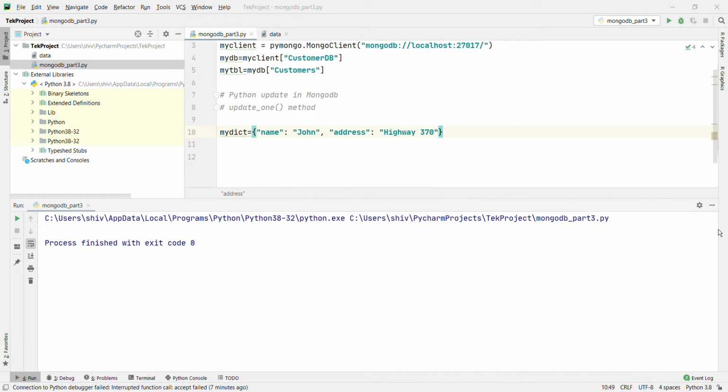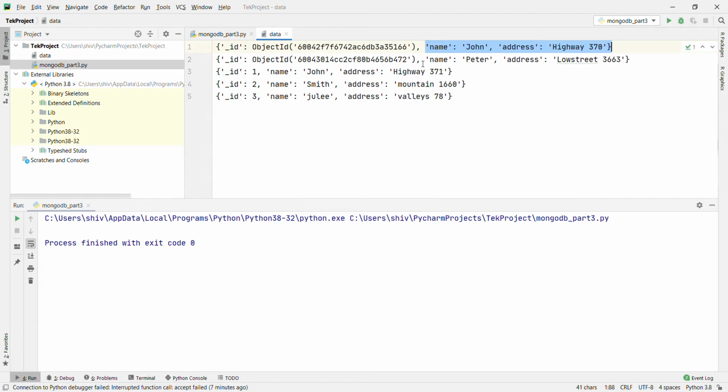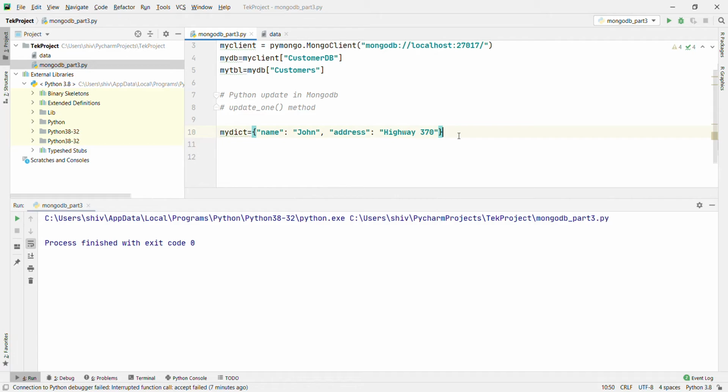And what is the second value? Copy. I'm going to use multiple records at one time. You can see in the previous video also how to insert multiple records. Name Peter and address Low Street 3663. Curly braces here.